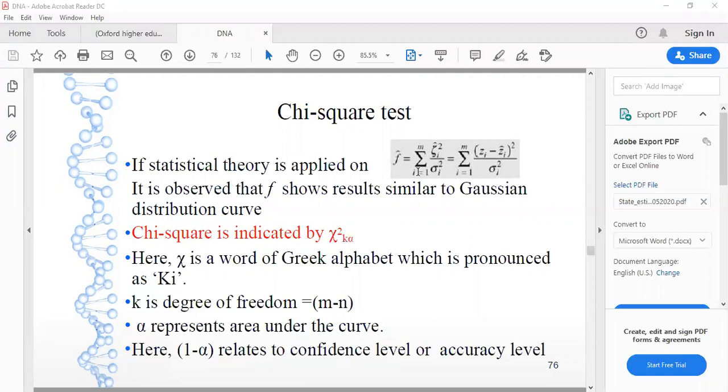Suppose some measurement variable shows us a value which is not appropriate due to its accuracy level or due to the error in measurement or instrumental error or maybe anything. So it is better to identify which instrument is erroneous or which measurement rather is erroneous. By identifying that, we can remove that.